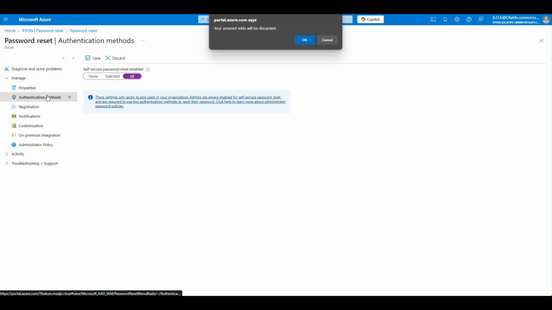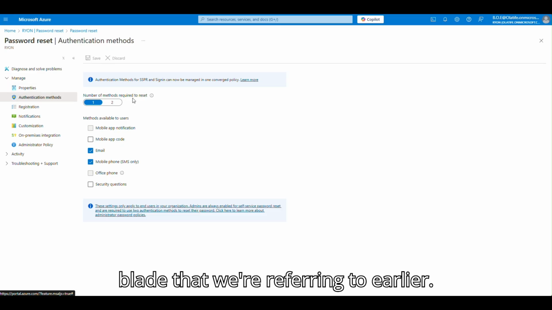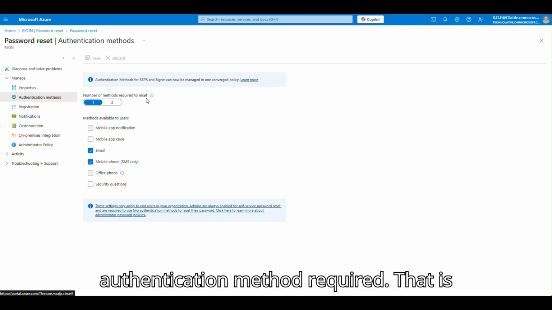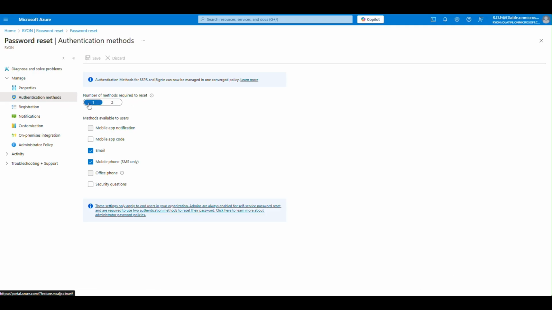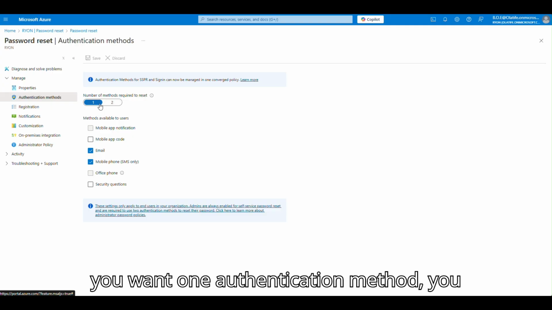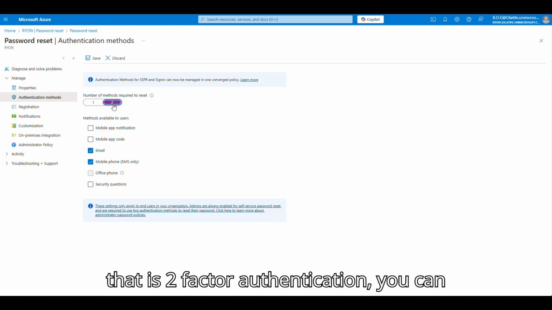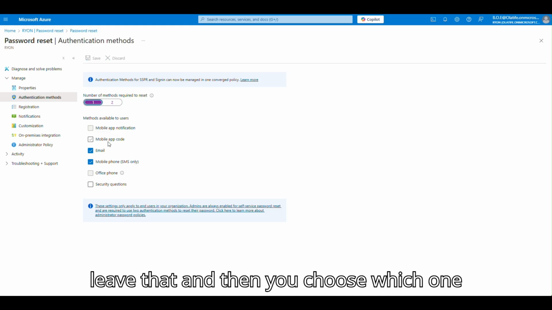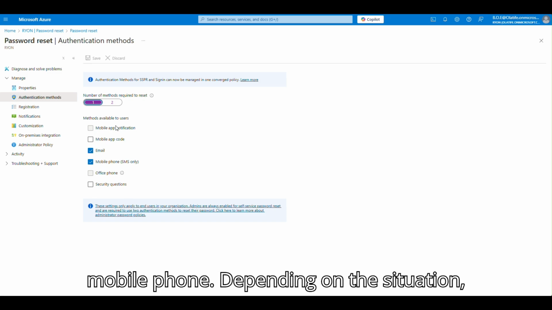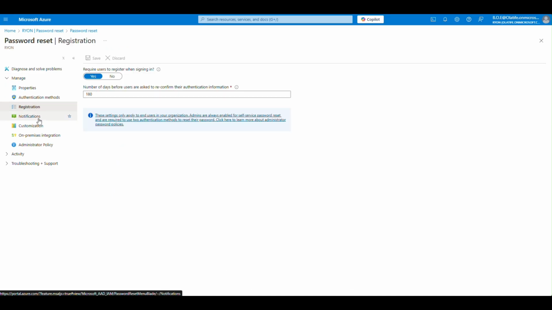So that's that. Also, the authentication method blade that we were referring to earlier, you can select the number of authentication methods required. That is MFA, multi-factor authentication. So if you want one authentication method, you leave that. If you want it as two, that is two-factor authentication, you can leave that. And then you choose which one you want. You either choose email, mobile phone, depending on the situation. You select what you want, and then